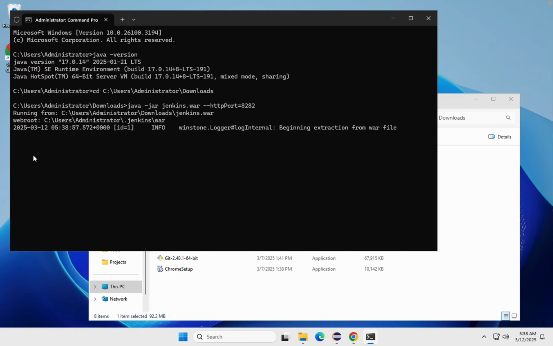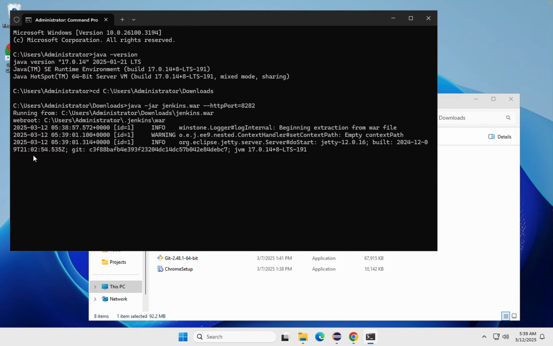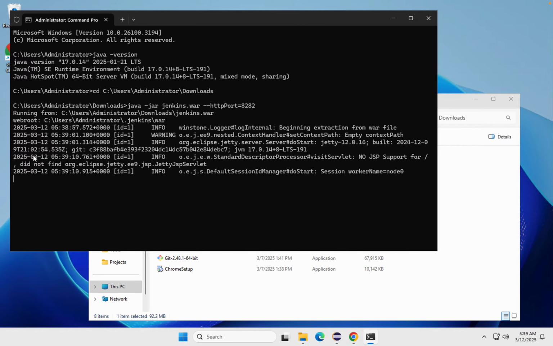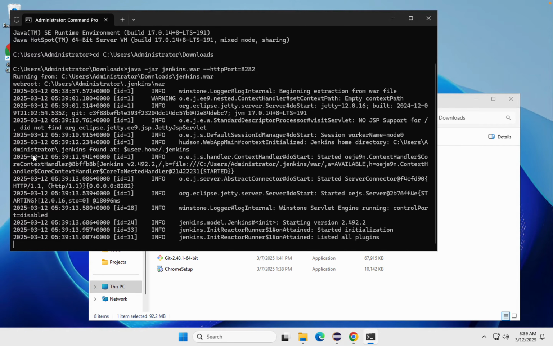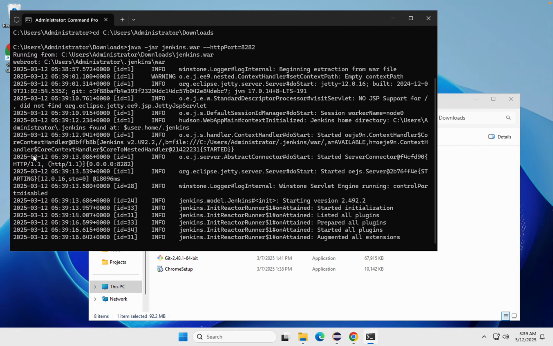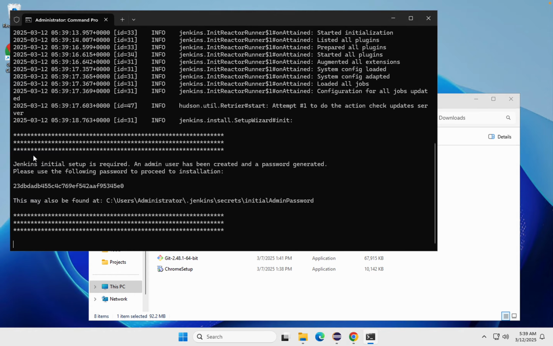So this will take care of setting up Jenkins and starting the Jenkins server. Okay, now here just one thing that you can check is the Java version you are having, in case it is compatible with the version of Jenkins you are using. Okay, and for that you can also check